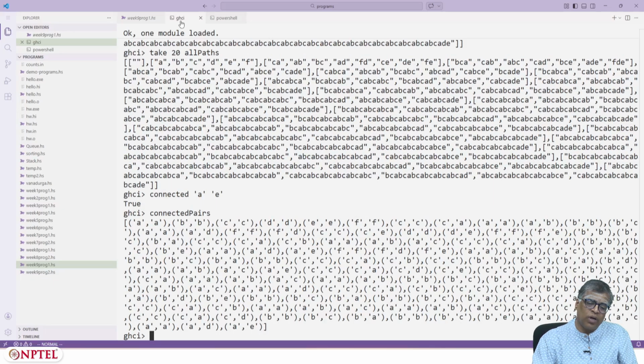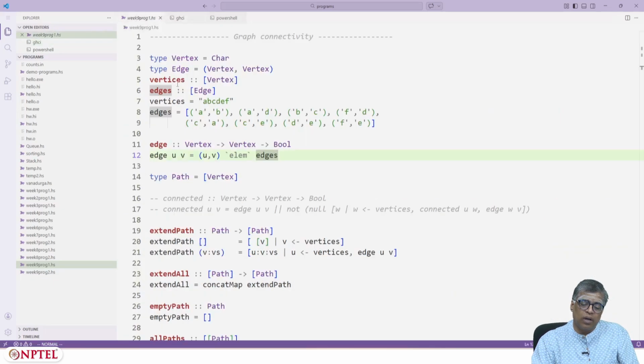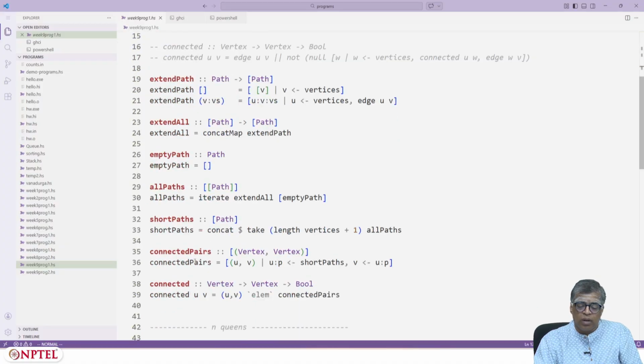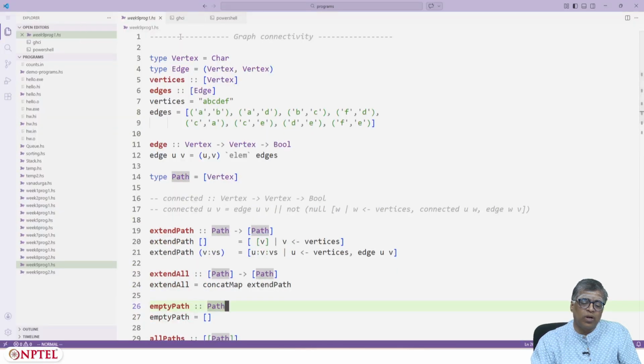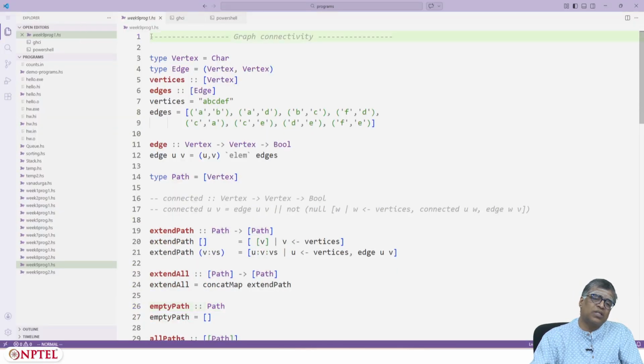And if I want to remove repetitions, I could just say nub. Nub is a built-in function in Data.List, and what it does is, nub means essence. So if I have a list, it will remove all duplicates and it will only give distinct elements of that list.